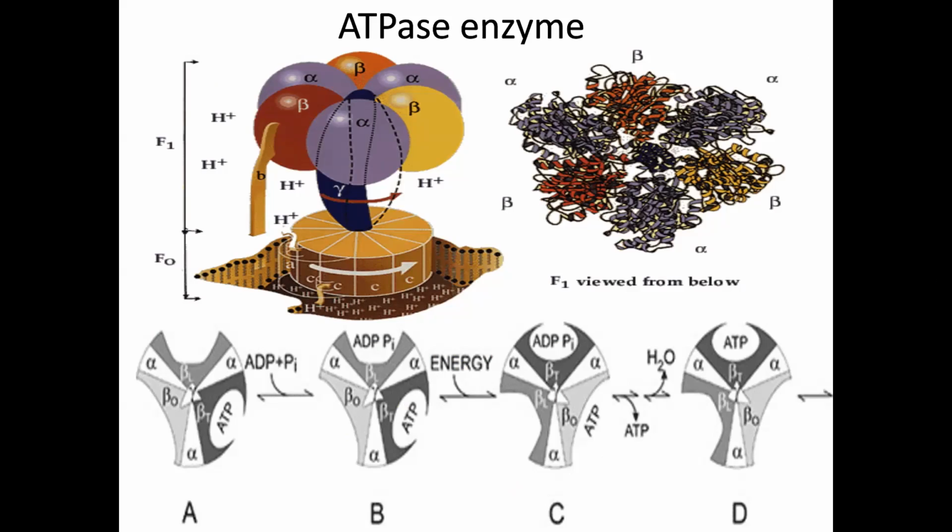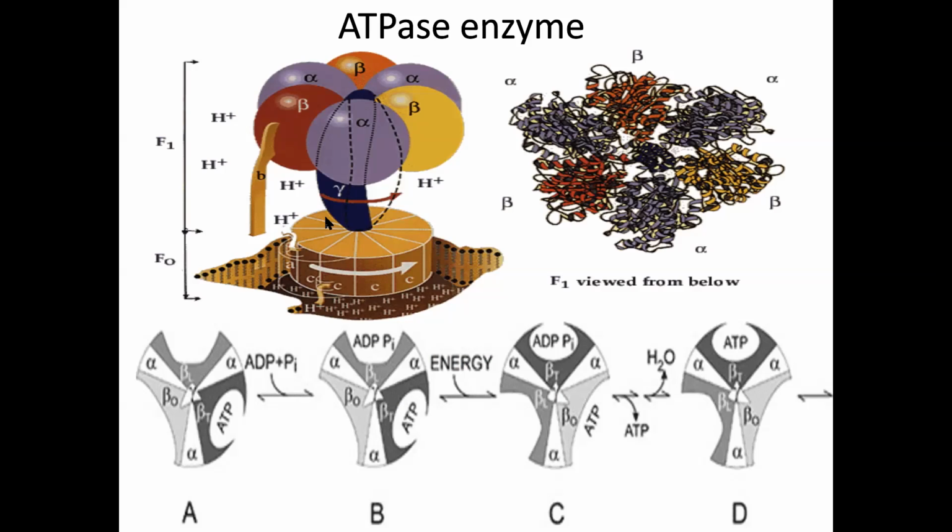The F1 part consists of 5 subunits: alpha, beta, gamma, delta, and epsilon. Gamma, delta, and epsilon rotate in a cylinder formed of alternating alpha and beta subunits. While there are 3 each of alpha and beta, there is only 1 unit of each of the others. The FO part coordinates with the gamma subunit of the F1, where the rotational twist takes place, and that is important for the function of the enzyme.